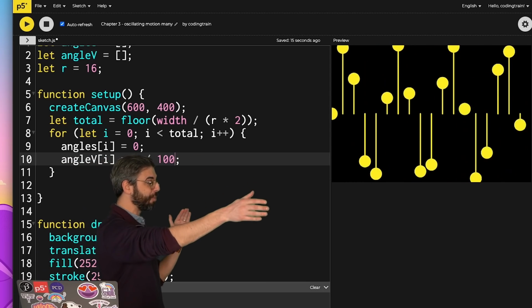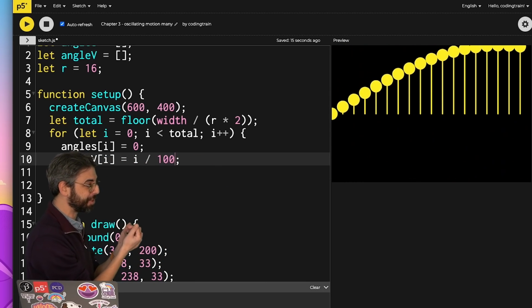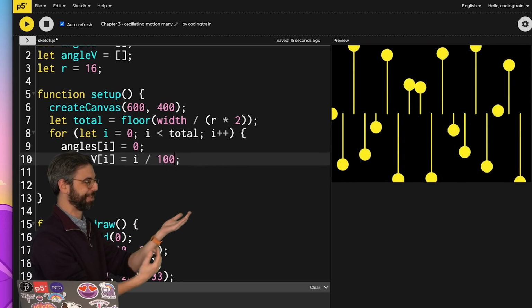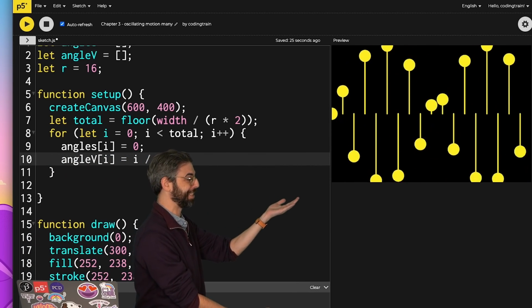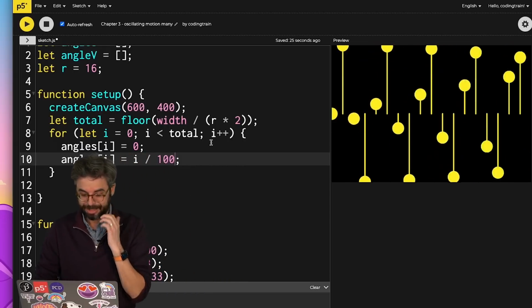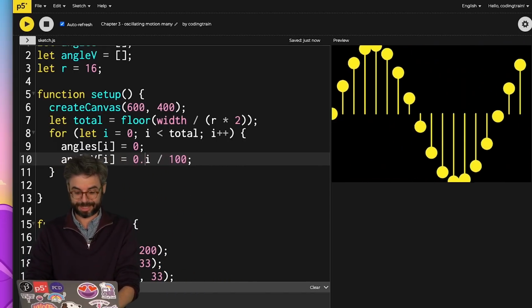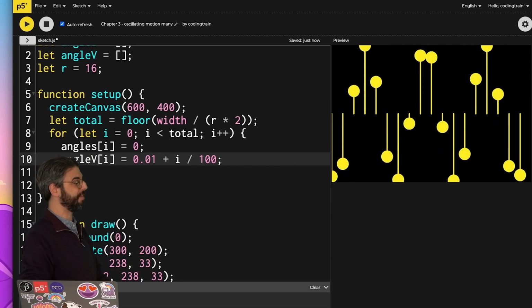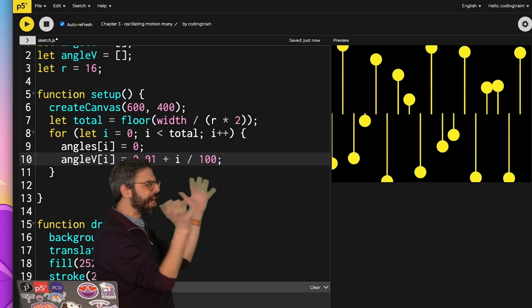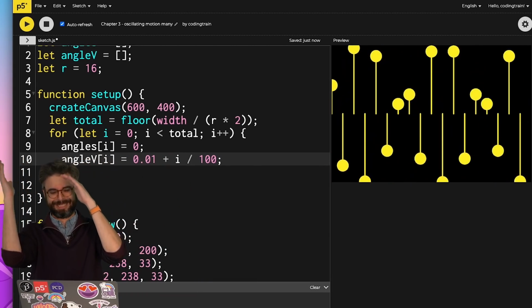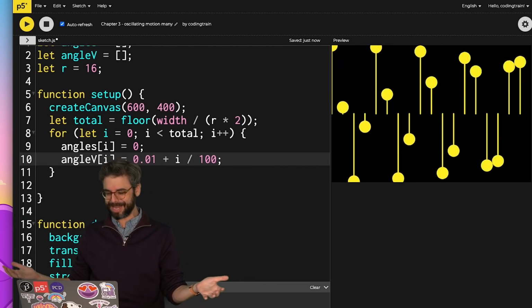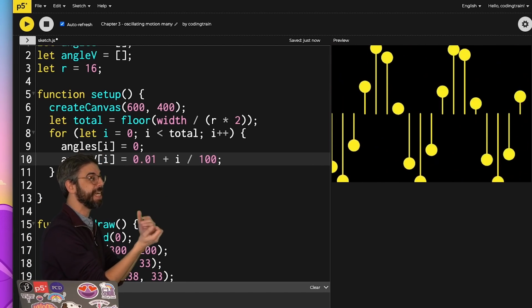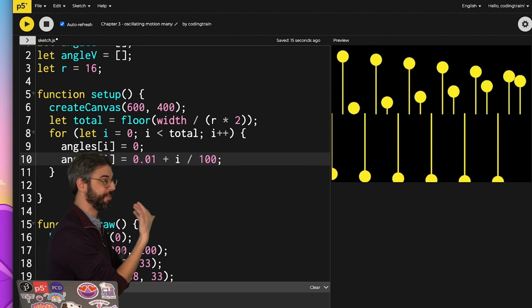They're faster on the right side, slower on the left. So they'll end up with these different patterns. You can see the one on the left is never changing because I started at 0. So it probably would make sense for me to say this is 0.01 plus i divided by 100, so that one would at the very least move. So again, I've done something different than what I actually intended to do when I started making this video tutorial. And you could probably pause here and start to play with this idea and think about different ways that you might visualize this.